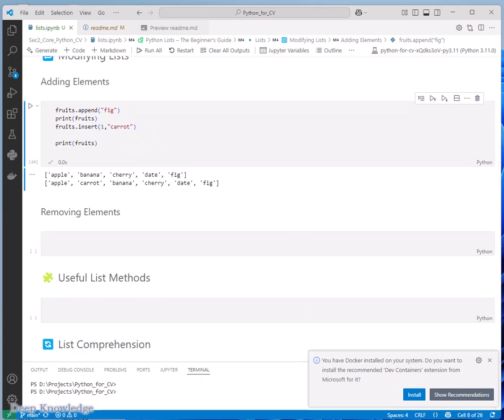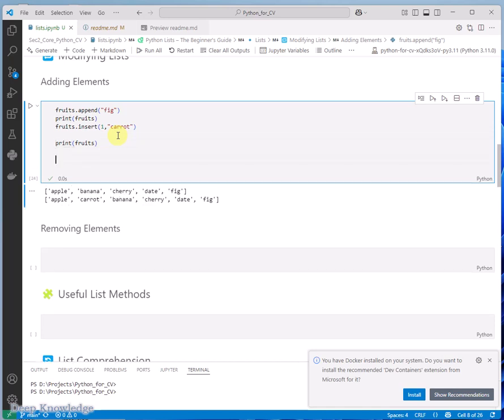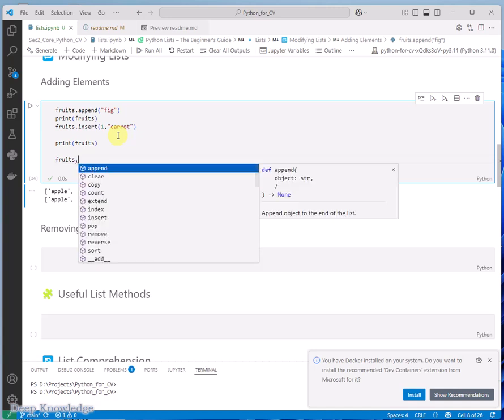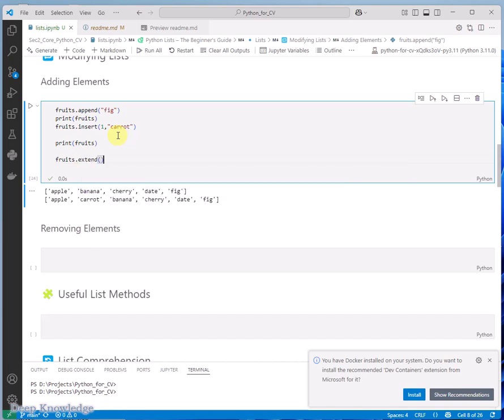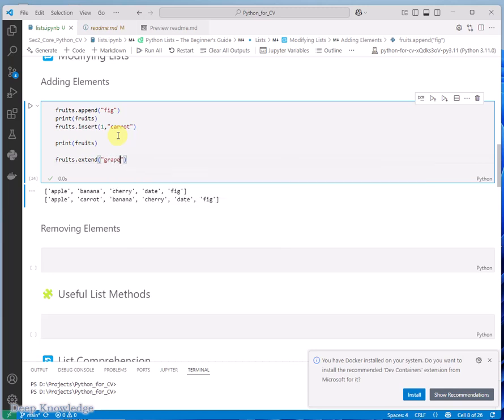And also sometimes you need to add not only one element, but maybe two, three elements. So in this case, you can't use append, you need to use extend. So in this extend, we have, let's see, grab